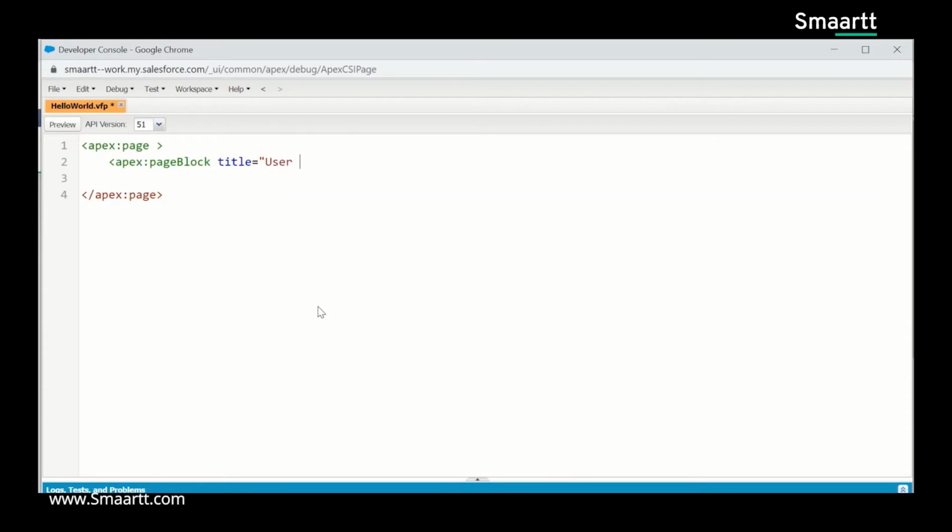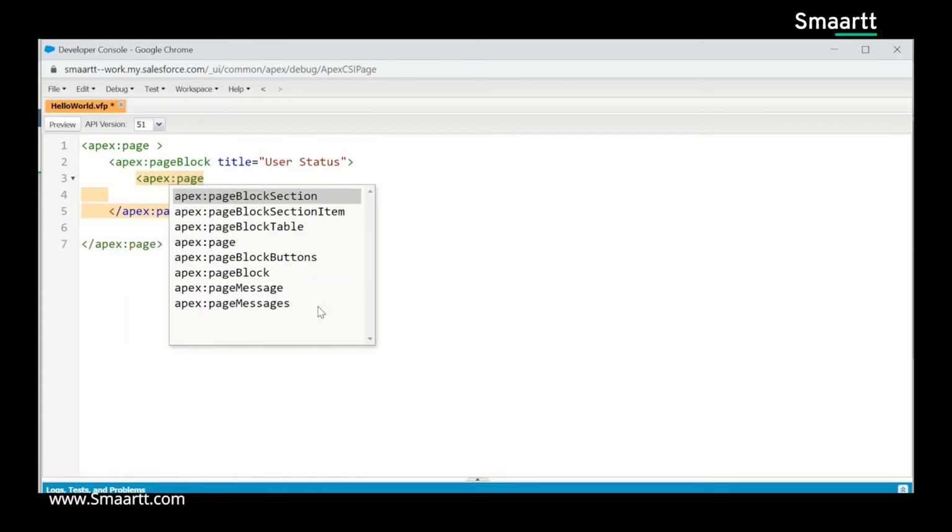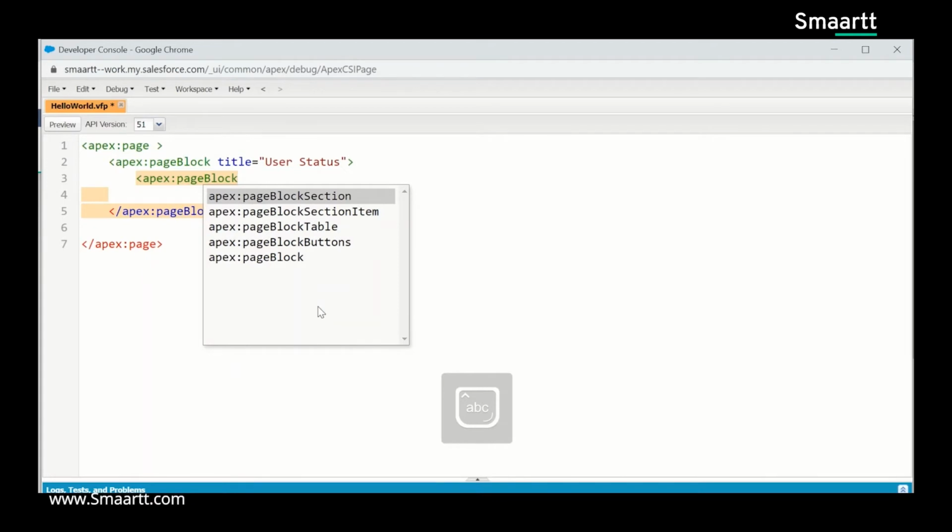In this example, we'll use a global variable to access and display system values and resources in our Visualforce markup. Visualforce provides information about the logged in user in a global variable called user. You write it as $User.